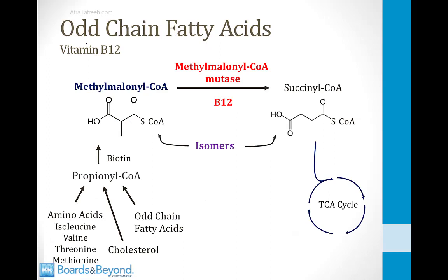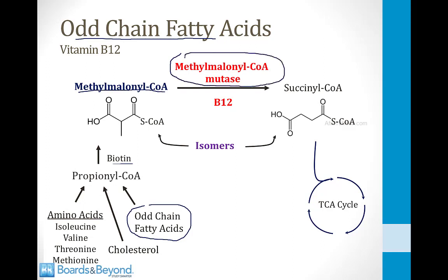Let's talk more about that unique role of vitamin B12 in the metabolism of odd-chain fatty acids. Odd-chain fatty acids are metabolized into a structure called propionyl-CoA. I talk about this in more detail in the modules on fatty acid metabolism. Through a reaction that requires the vitamin biotin, propionyl-CoA is converted into methylmalonyl-CoA. And then there's an enzyme called methylmalonyl-CoA mutase, which requires vitamin B12, and it converts methylmalonyl-CoA into succinyl-CoA, which can